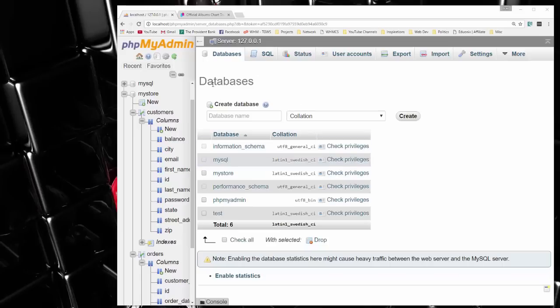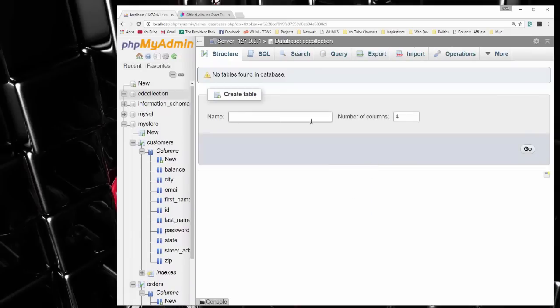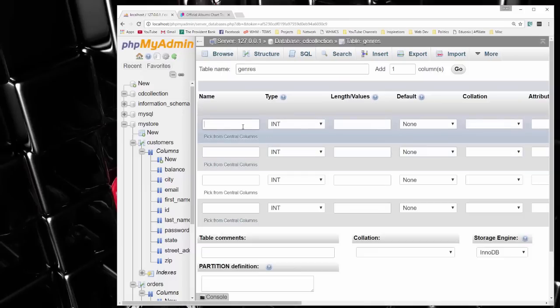Alright, so we are in the databases page of PHPMyAdmin. So we're going to go ahead and create a new database, and let's call it CD collection. Alright, and we're going to create our first table here, and the first table is going to be genres. Alright, so we'll click go, and we want to have an ID, which will be an integer, and